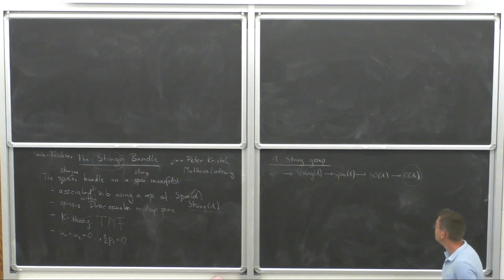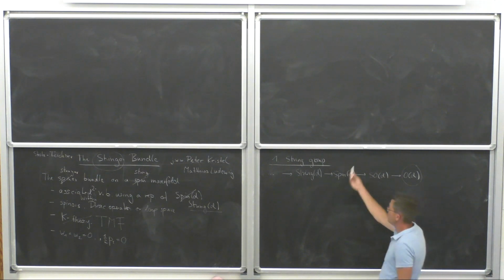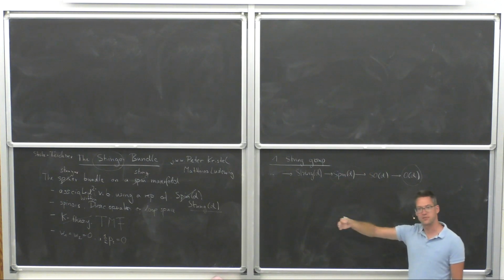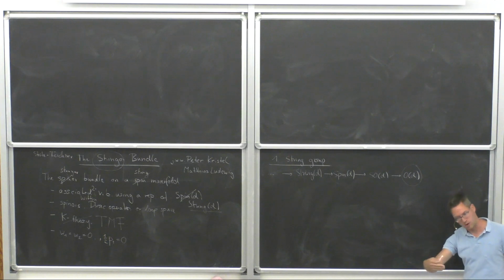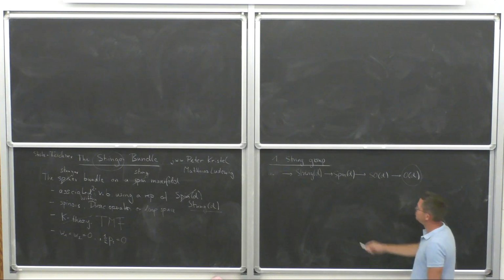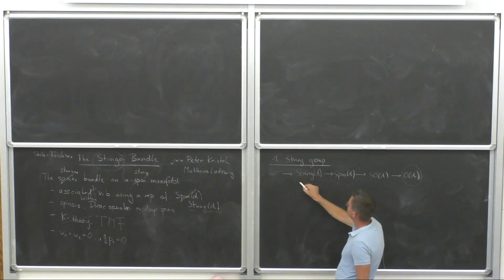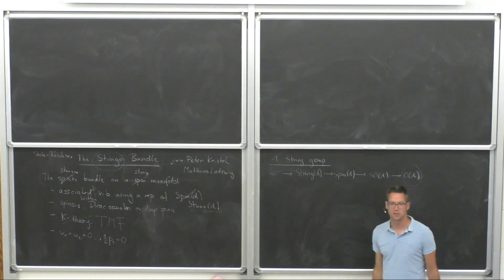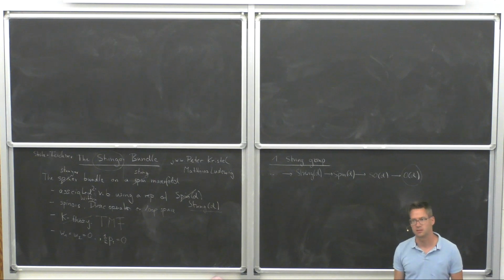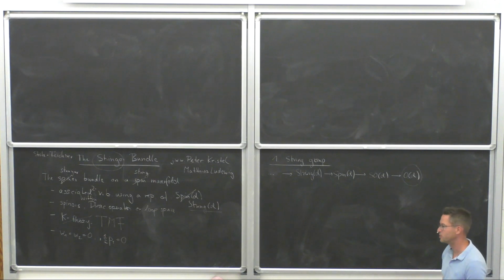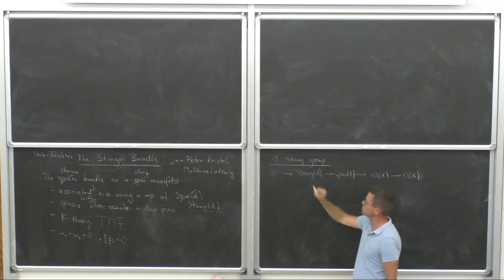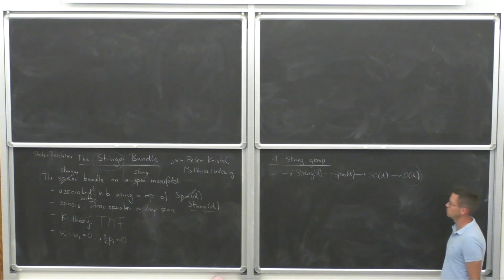And so now, of course, the question is, what is this group? You probably know that the spin group has various famous constructions. People have tried to do this here, but it's more or less easy to show that the string group cannot be a finite dimensional Lie group. It's impossible. It cannot have this homotopy type. And so the first construction of the string group was by Stefan Stolz in '96,